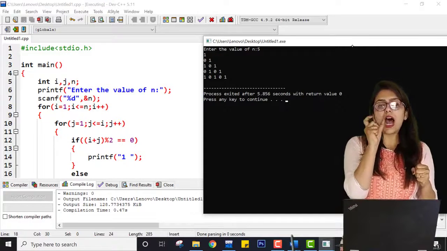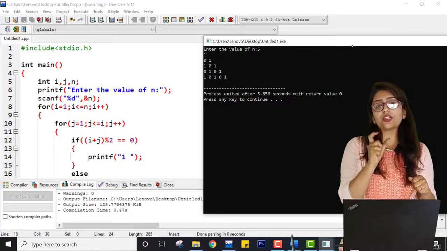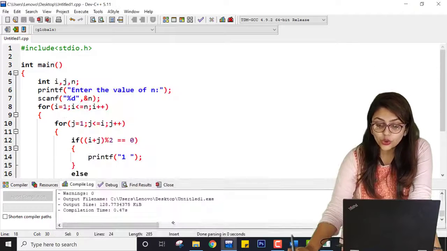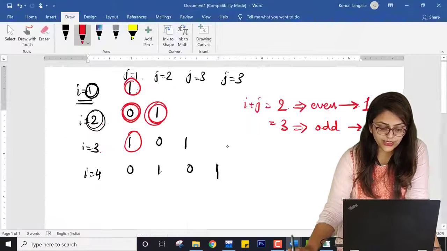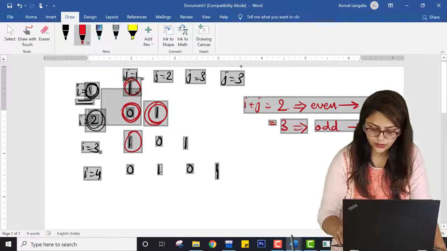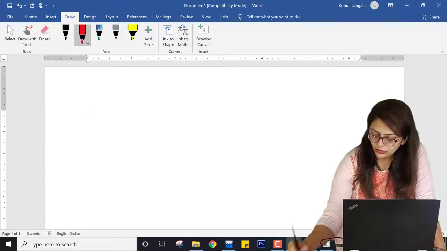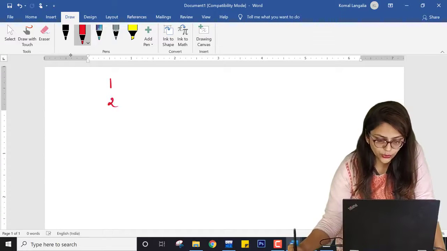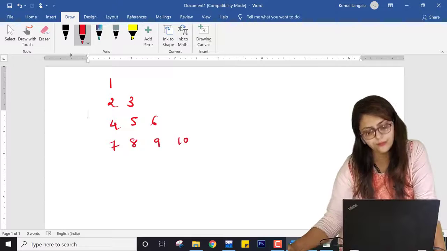So the heart of this program is the logic. You have to understand the logic for each pattern, then only it will be easy for you to understand. So now the last pattern that we want to draw in today's class is like this. I want to print a pattern like say 1, 2, 3, 4, 5, 6, 7, 8, 9, 10.